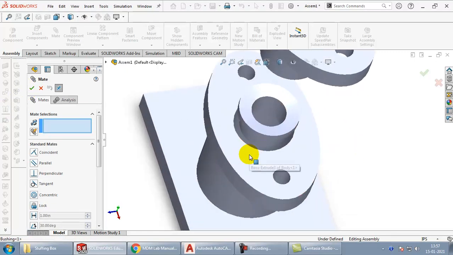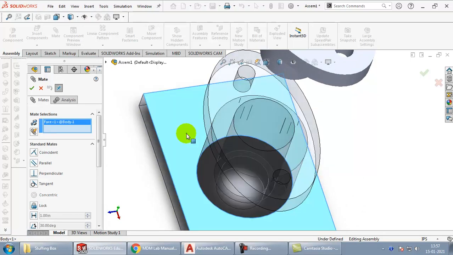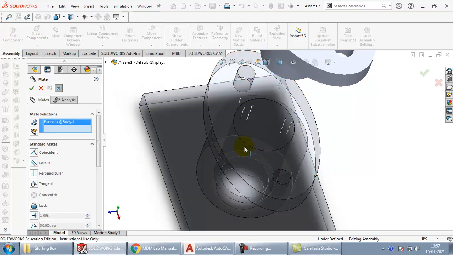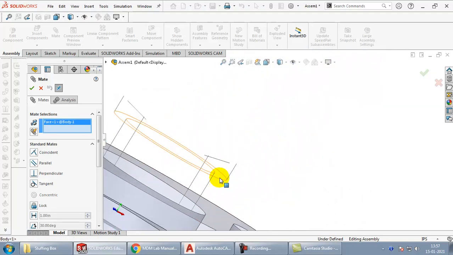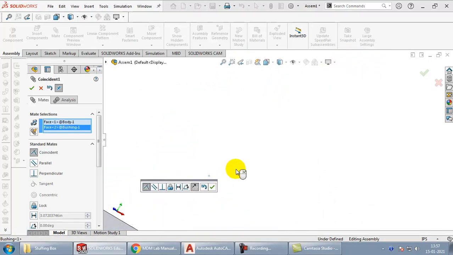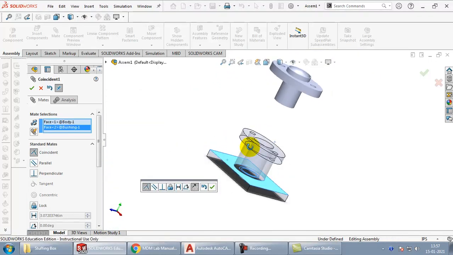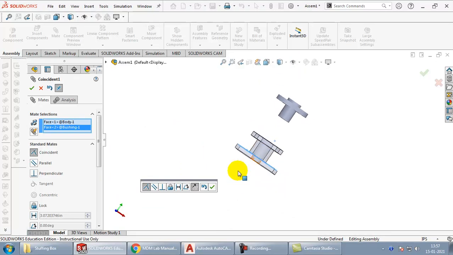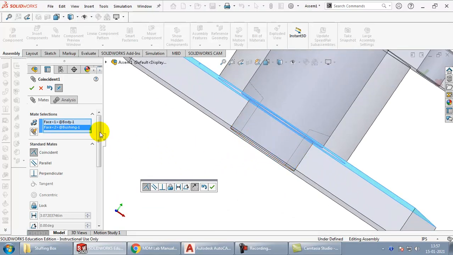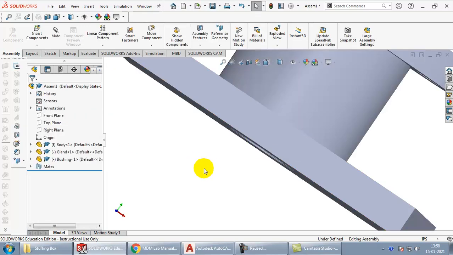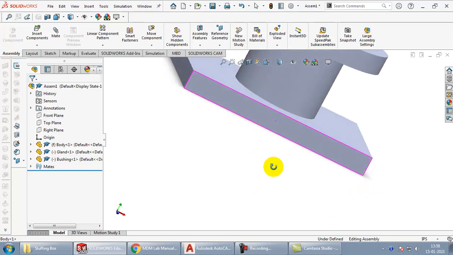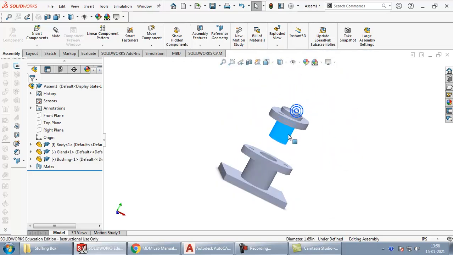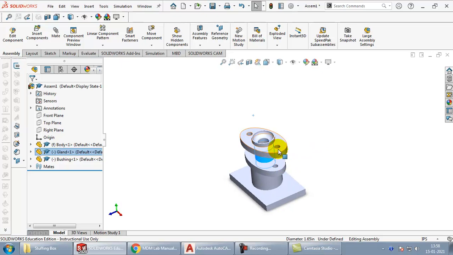click now on this surface over here and the top face of this bush here, so that the bush stays here at this exact location. Then click on the tick mark. Yes. You can see that the bushing has situated here exactly at the bottom, and from the top we can insert the gland into this, and now this top and bottom holes, they need to come in the same line.